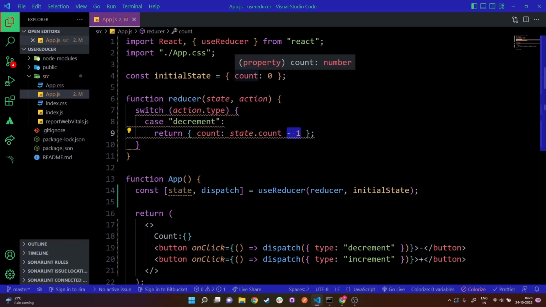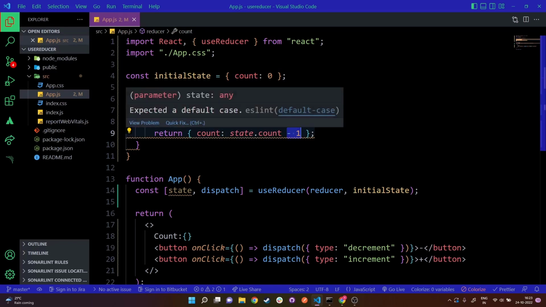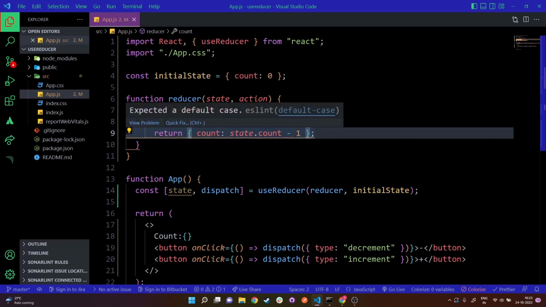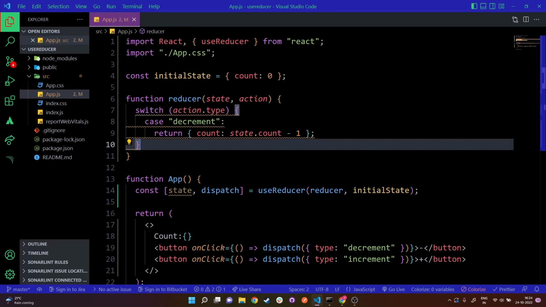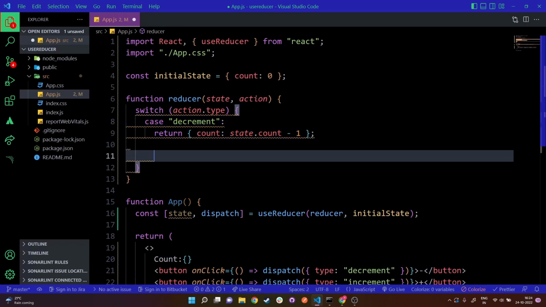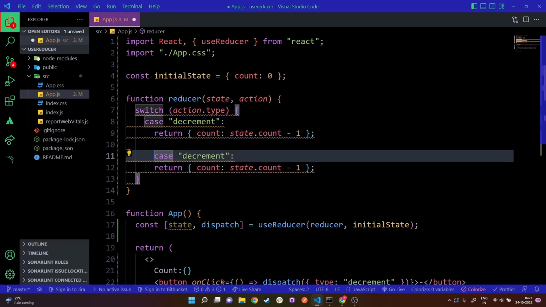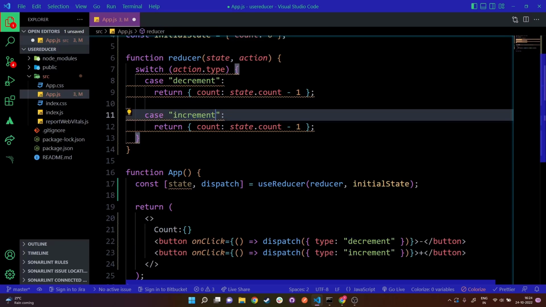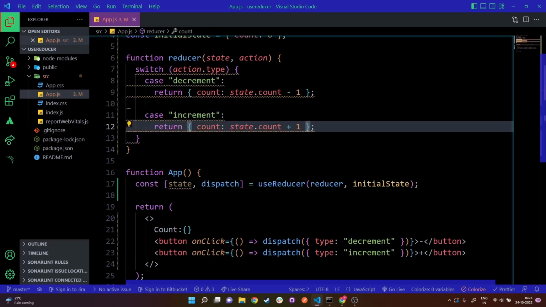So we are not updating the count state directly. We are only passing a value to this new object count property, which is nothing but the existing state.count, and then we are doing minus 1 on it. So that's just going to return us a new value for the new count object. Now let's just copy this entire thing and do the same for the case of increment as well. I'm going to copy this and paste this over here, and instead of minus 1, I'll do plus 1,